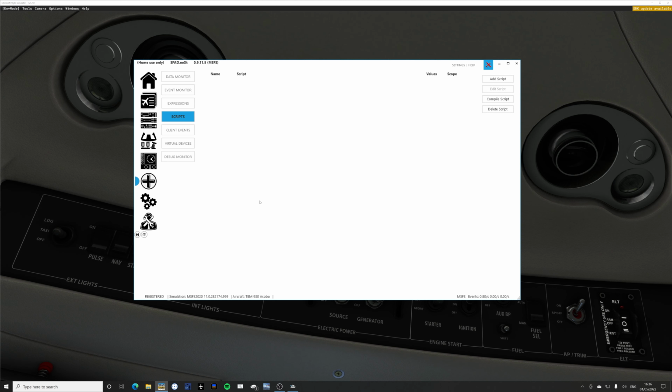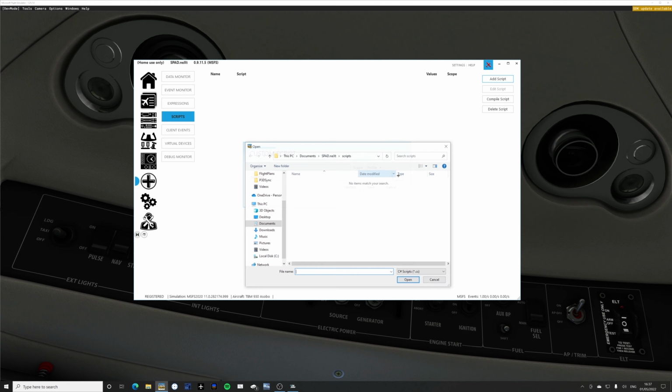Scripting itself, now that's not the same as scripted events, I want to be clear about that. This is the plugin functionality for SPAD.neXt. And it's a relatively limited system, and in order to use it, you would need to be a programmer and you would need to know how to use C#, which is the programming language for the .NET framework in which SPAD.neXt is actually written. But you can add a script by finding a script file you've written, which would be a .cs script file. I know how to do C#, it's actually the language I use at work every day,